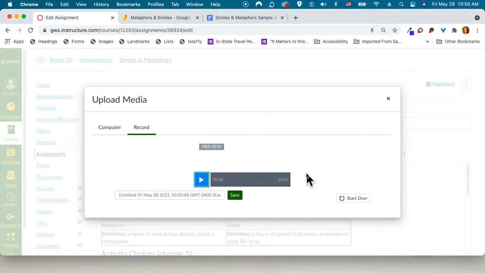Though I didn't narrate it so that it wouldn't be a part of my recording, I have moved back into the Canvas tab and selected Finish in the pop-up. Now I have the option in the bottom right to start over if I'm not happy with my clip, or to the left in the bottom, I can title this. And I'll title it Read Aloud Similes and Metaphors Assignment Instructions before clicking Save.